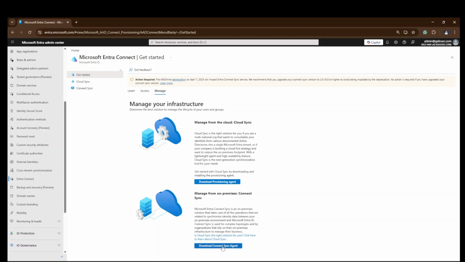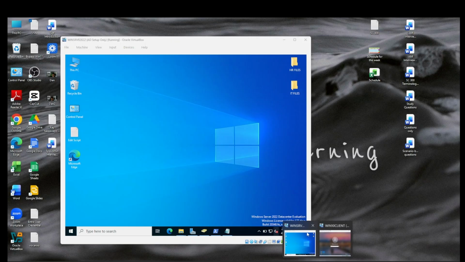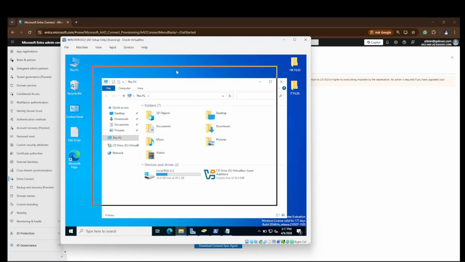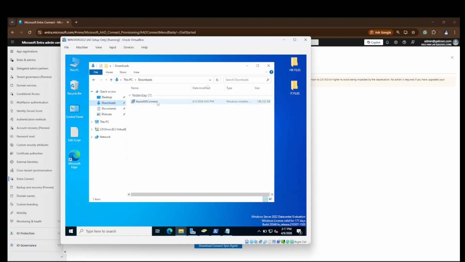Okay, let's just download this, download Connect Sync agent, but I already downloaded it in our Active Directory here. Take note, guys, we are installing Connect Sync agent here in our Active Directory server. So I go to downloads, gonna run this.